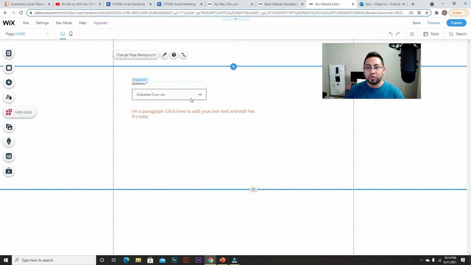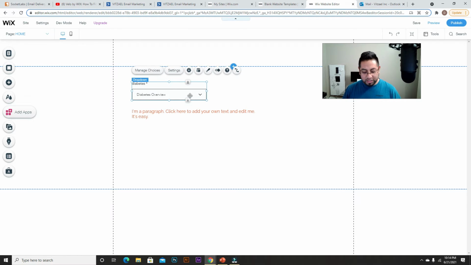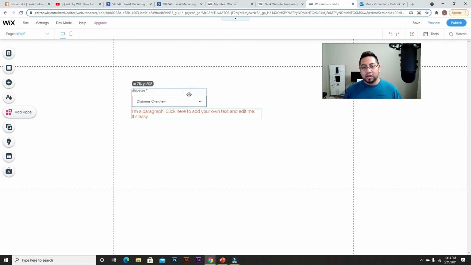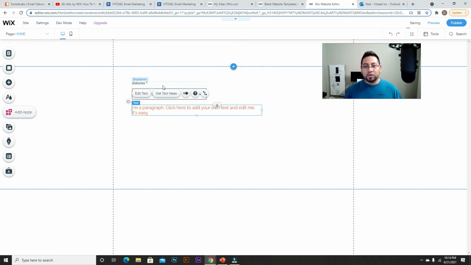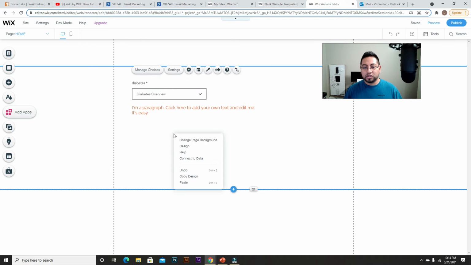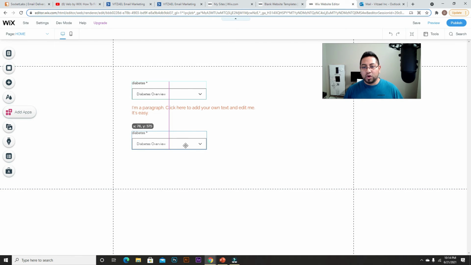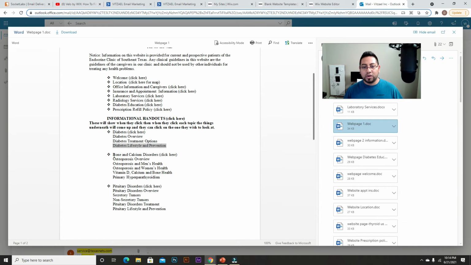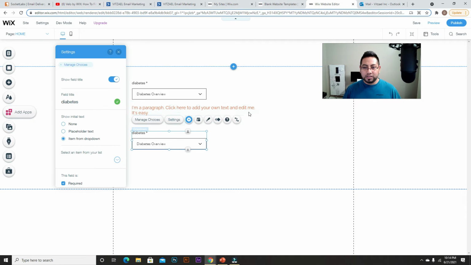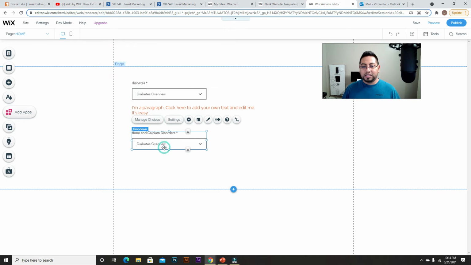So what we're gonna do is we're gonna copy this, and again, actually you can copy and then just paste, and there it is. And we're gonna add 2 because the next one is gonna be bone and calcium disorders. Okay, so we're gonna copy that, and then settings, we're gonna edit this, and then the second one we're gonna